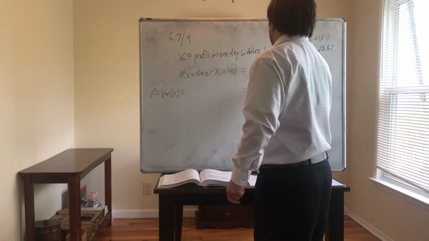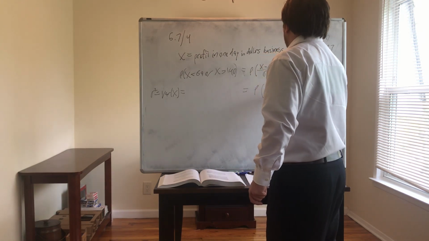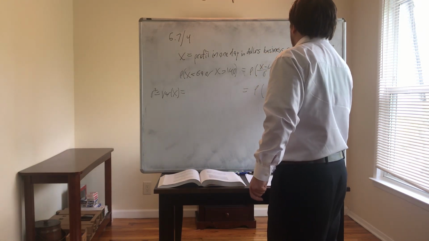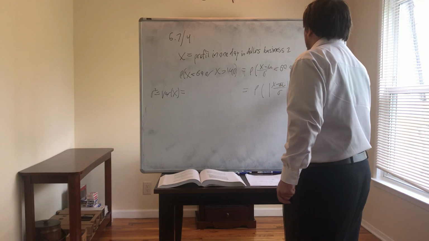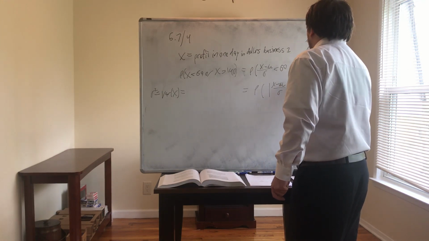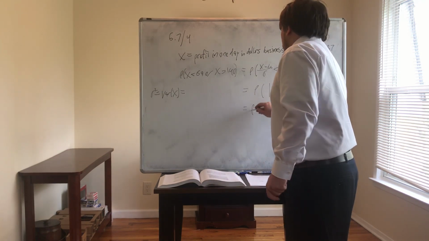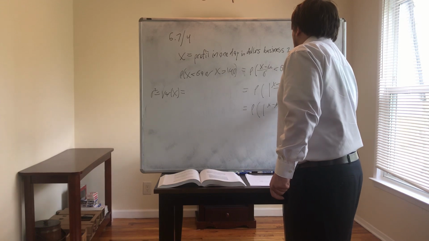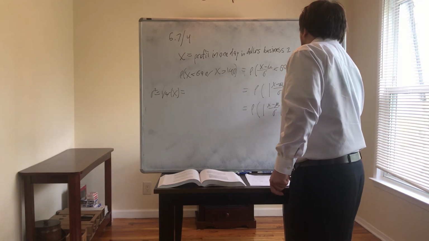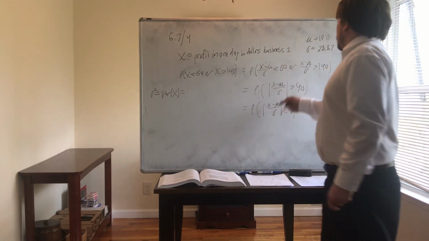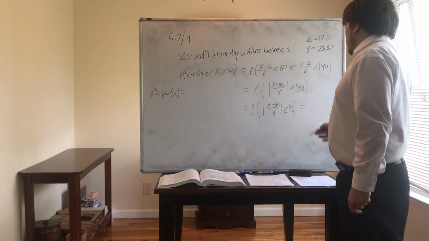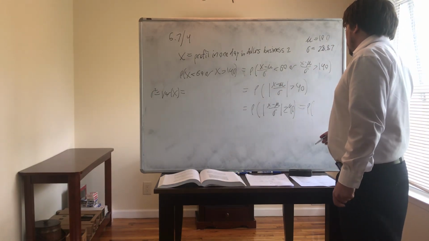And so this will be equal to the probability that the absolute value of X minus mu over sigma is greater than or equal to 40. But because mu is 100 and sigma is 28.87, this is the probability that